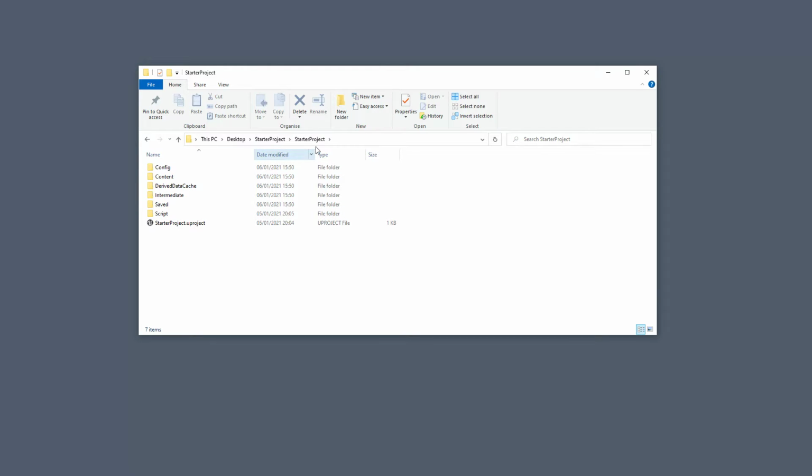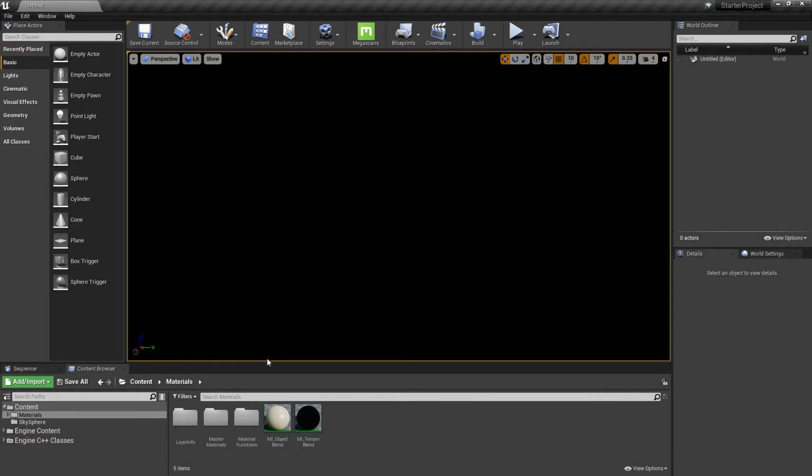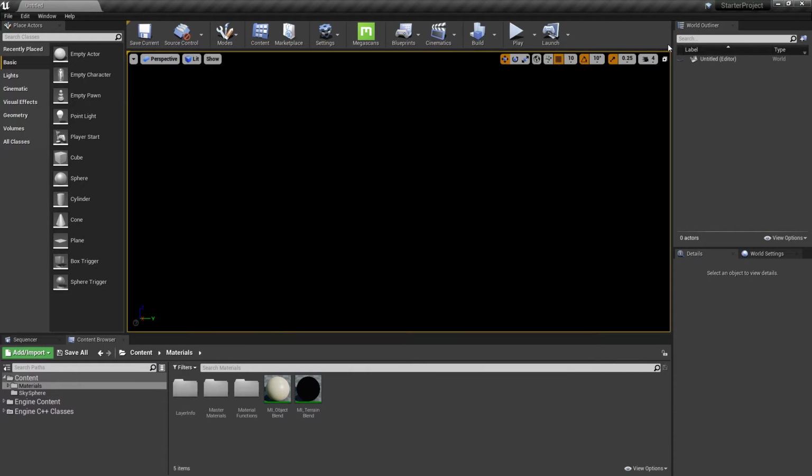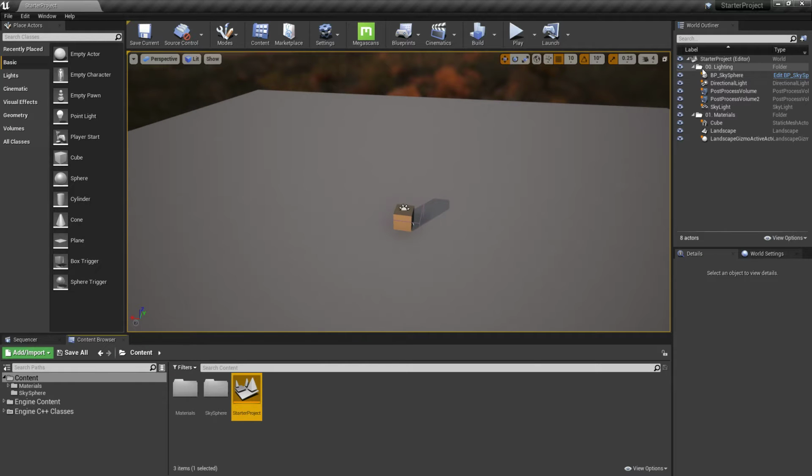You open up, extract the zip file. You have the project here. If we open it up, it will take a few moments. It is 4.26, by the way, so you'll need to open it up in 4.26 of Unreal, but you'll open it up straight away. You'll come into this Untitled level. If we come to the content folder, click on the starter project level, you see all of the elements